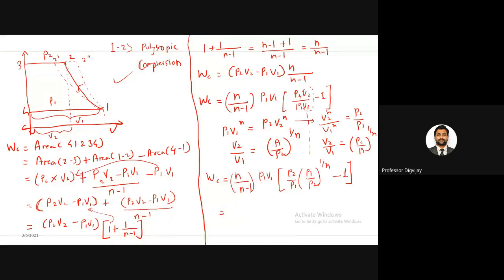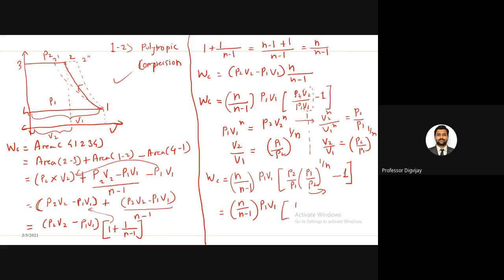So this again will be equal to n upon n minus 1 P1 V1. See here, this is a very interesting rule of power. If I'm saying 4 raised to 2 into 4 raised to 3, the base is the same, that means it is 4, but the power is changing. This is equal to 4 raised to 2 plus 3. So this is a rule: if the base is the same, then you can take the summation of the powers. Here I will do that same thing.